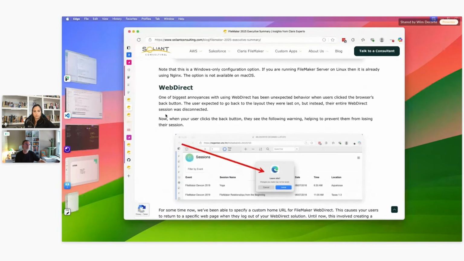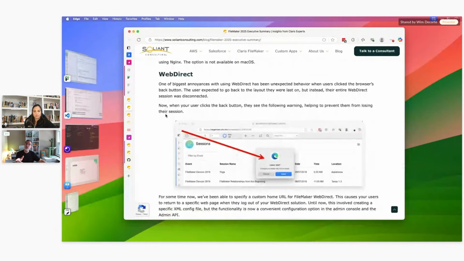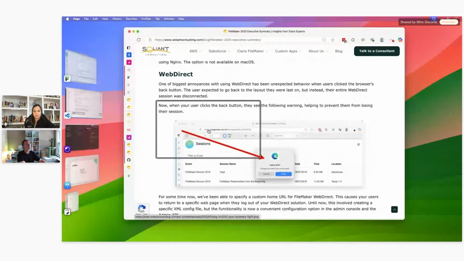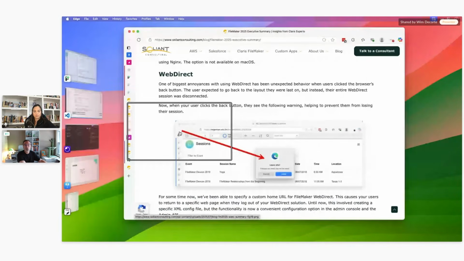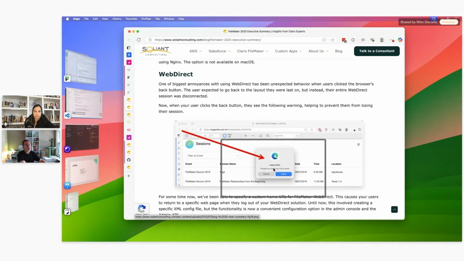And with that, we're at time. We're also at the end of these things. I'm going to leave you with this last little thing about WebDirect. So this is the browser, right? This back button here that all browsers have has plagued us for a long time, right? If the user hits that, it really kills their WebDirect session. So at the very least, we'll now have a warning that the user will see, like, are you sure you want to leave? And they can back out of using the back button, right? So again, it's a very, very small thing, but it can really be powerful for any WebDirect solution that you have out there, and cut down on the number of complaints that you get from your users.